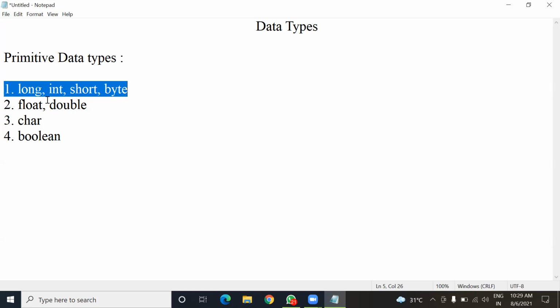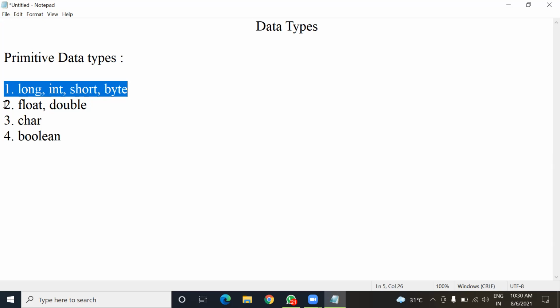And what is its size? 64 bits, 8 bytes. If you declare any variable of type long, that variable will consume 64 bits of storage from your RAM. So as per the requirement in the program, we declare the data types.